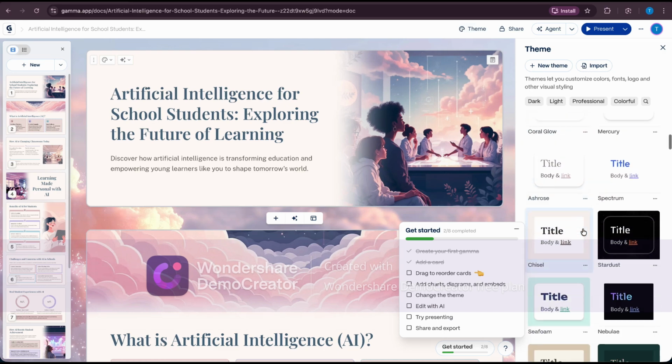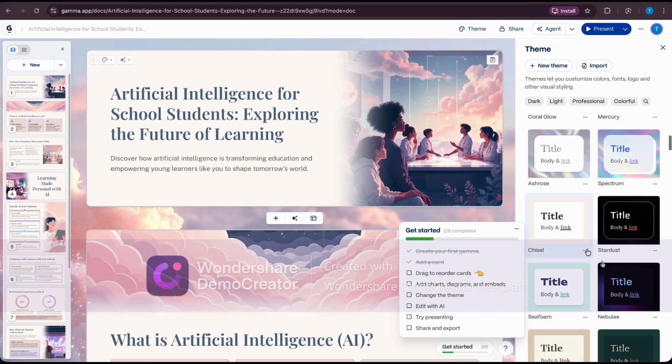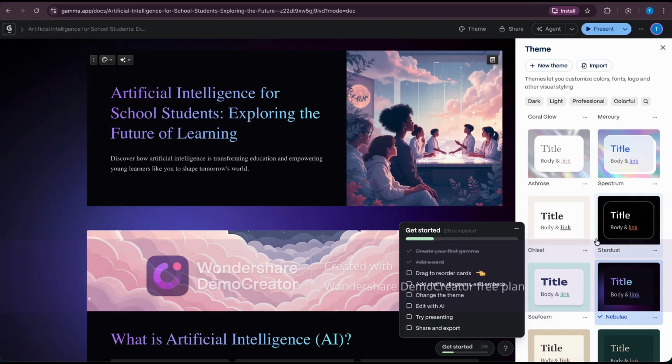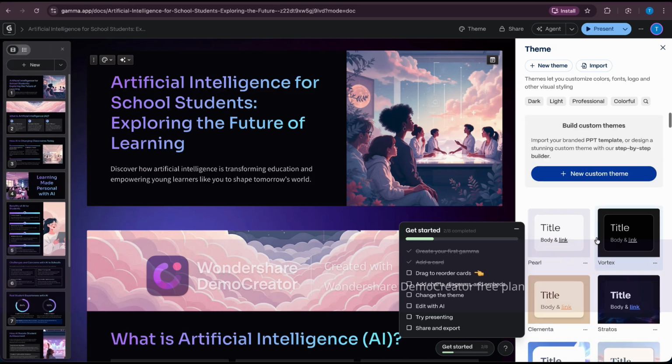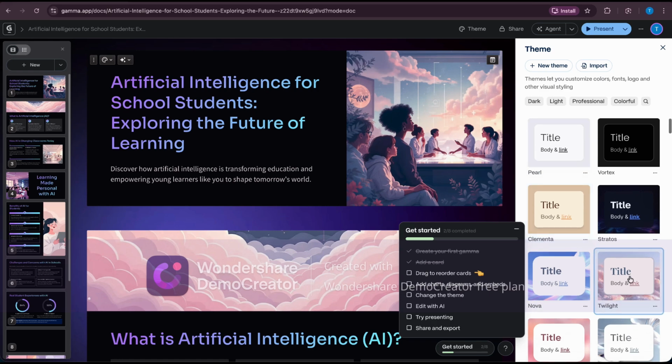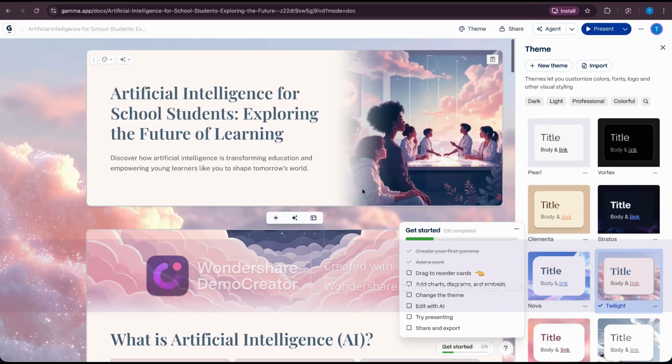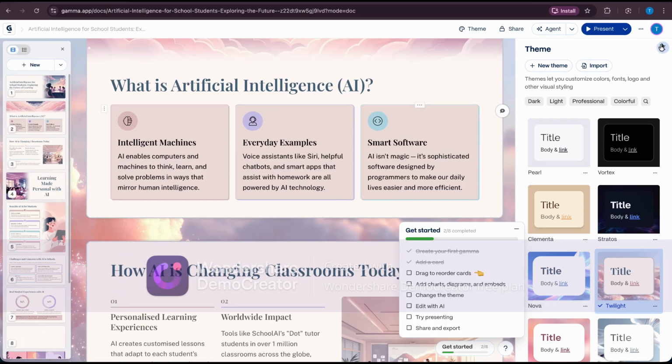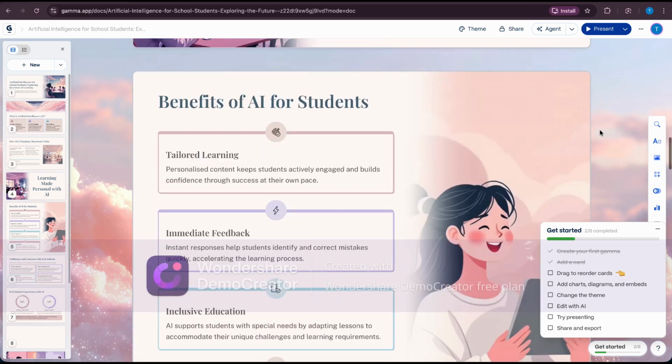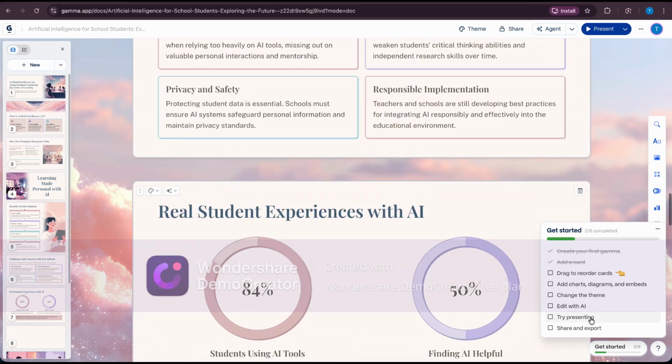Now let's change the theme. This is one theme, but look at the whole amount. You can see this is a darker theme. It looks pretty nice, but I want the previous theme, honestly. Yeah, this theme looks amazing, honestly. So let's stick with this. And I think this is good. Let's just